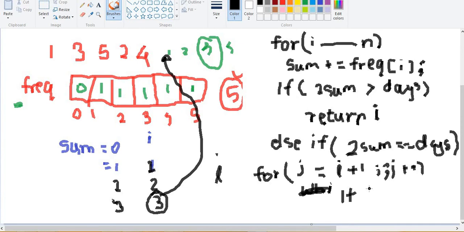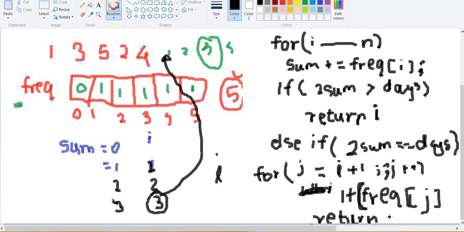let's say in the frequency array we have an element at the jth position, so this should have been a curly brace loop. If there is an element at the jth position, we would simply return i plus j, and that would be our median. And by writing return, we would be breaking out of the for loop, or you can write break as well if that condition happens. So it's all the same. So return i plus j.